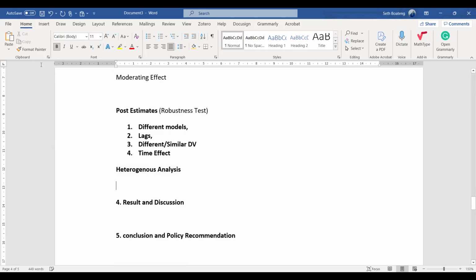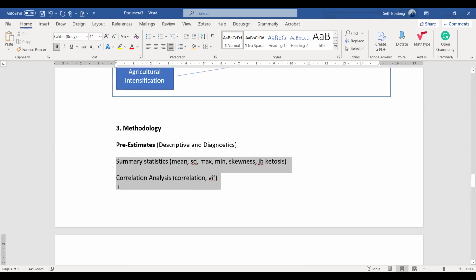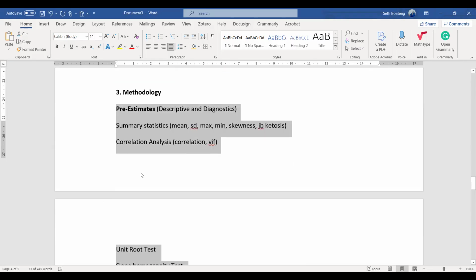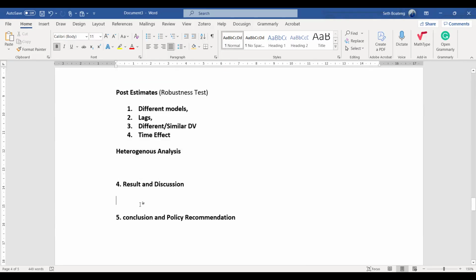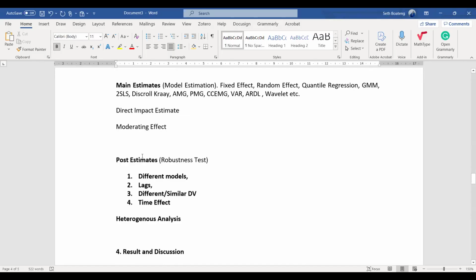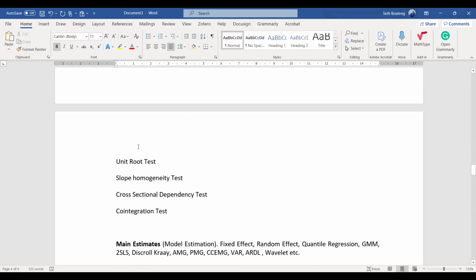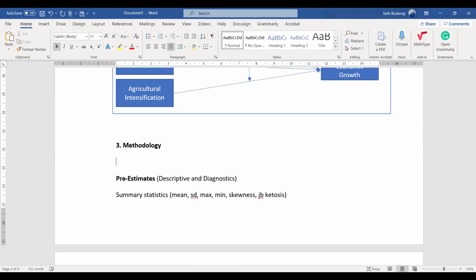Then you present the same thing under the results and discussion. So here, in the methodology, you have to explain your data, how do you call it, variable selection and measurement.